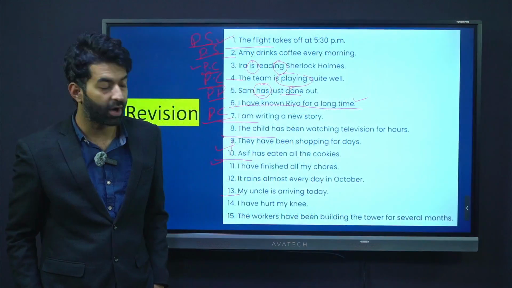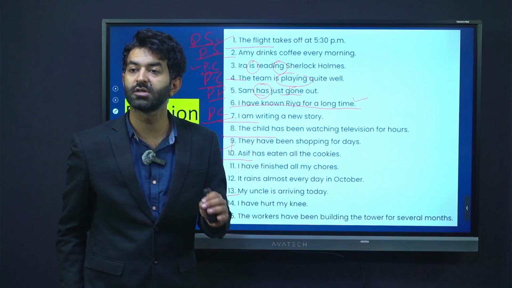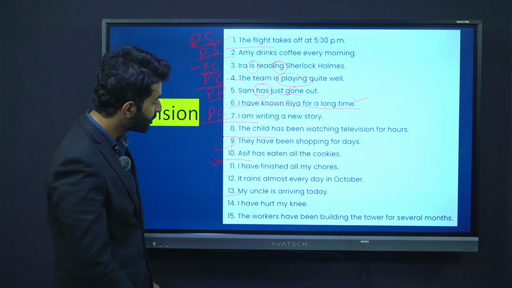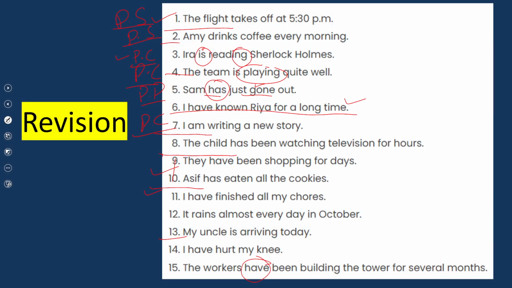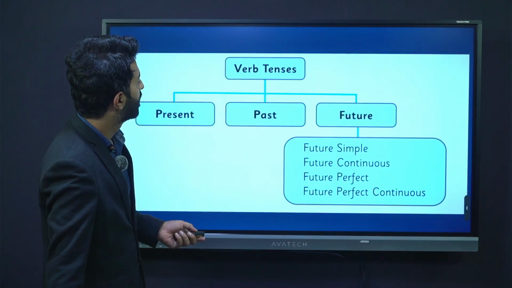Present perfect. The workers have been building the tower for several months. Present perfect continuous. कैसे? Present continuous और ये देखिए, for and then the time period. All right. Now